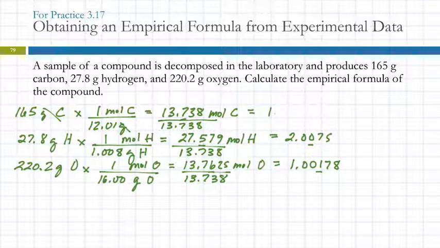We always end up with exactly 1 for one of them. Here, is this within 0.2 of a whole number? Sure it is. It's only 0.007 from a whole number. So we can round that. We can call that 2. This one is also within 0.2 of a whole number, and so we can round that to 1. Those are the subscripts that go,